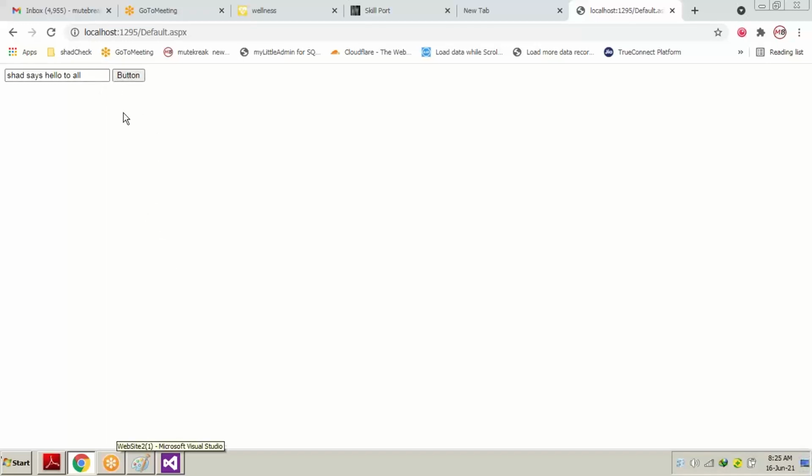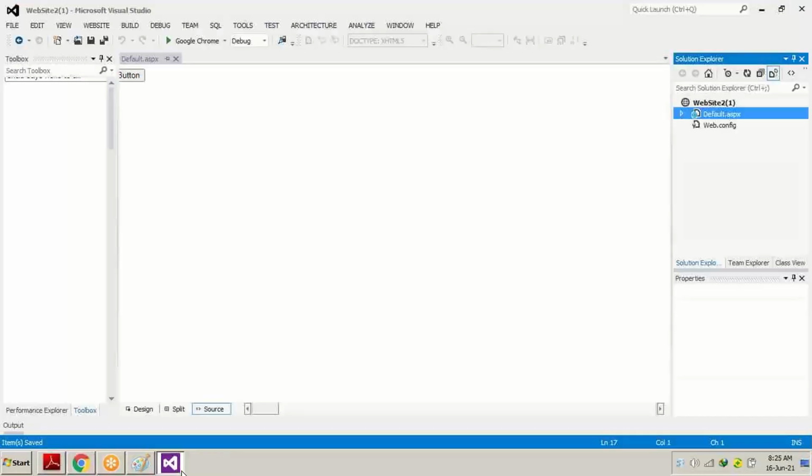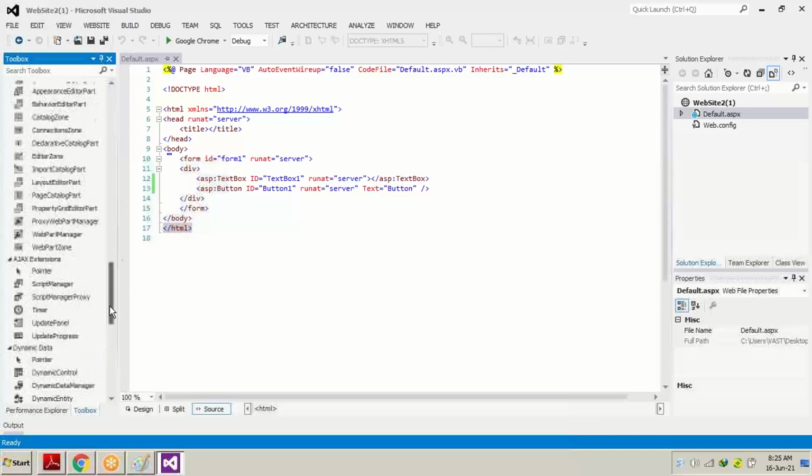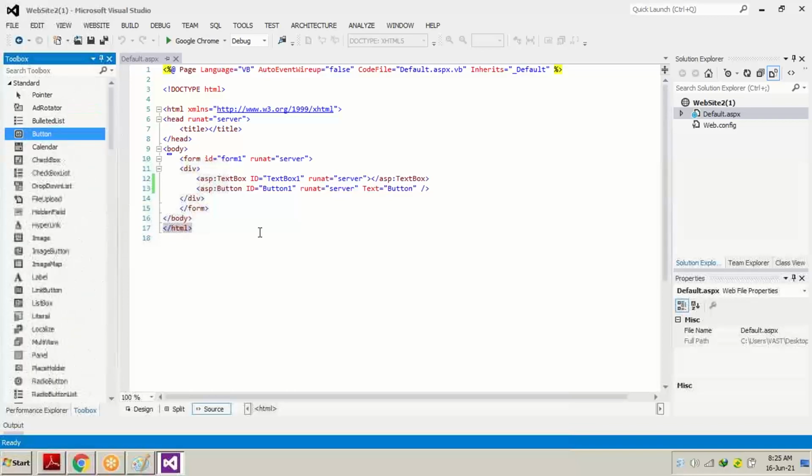So these are the two controls, the text box and the button. There are many, you can see it over here. There are many tools which can be used in the project upon the requirement of the client, upon the requirement of the designer or the developer, which controls they use and how they use them. Every control has its own properties. Every control has its own function. We are going to discuss them slowly in our future sessions also.